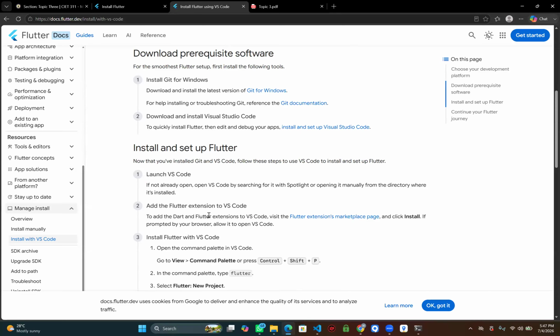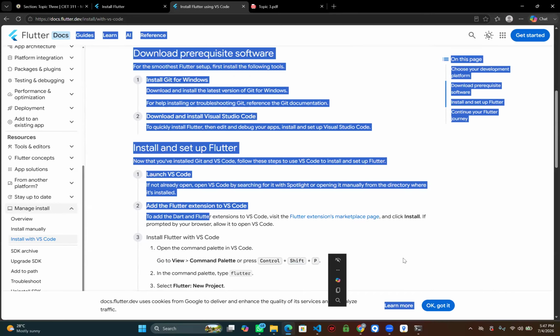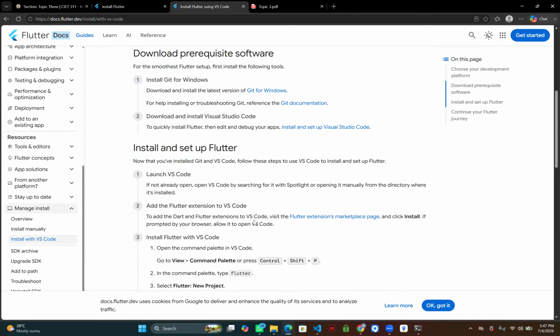Install Git for Windows. Download this thing, Git. So I think you have to download Git first. Download Visual Studio to quickly install Flutter. Click on this install and let's see.